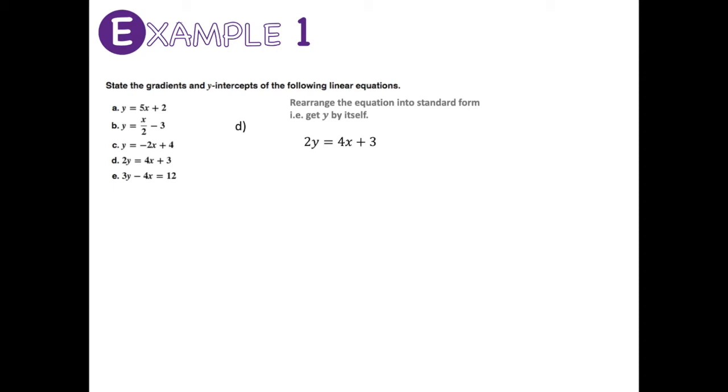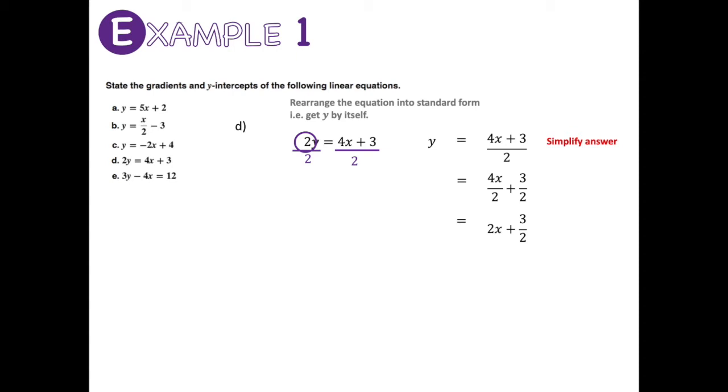At the moment, I am multiplying y by 2. So the opposite of multiplying y by 2 is to divide it by 2. So divide both sides by 2. So y is going to equal 4x plus 3, all divided by 2. And I can simplify that answer. So 4x over 2 plus 3 over 2. And 4x divided by 2 is going to equal 2x. So my formula is going to be 2x plus